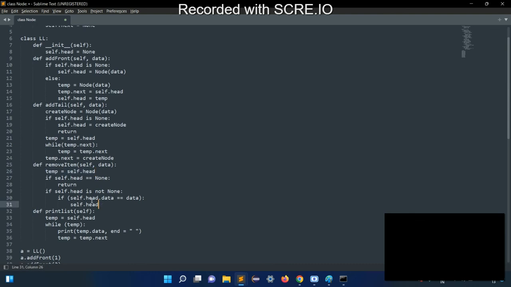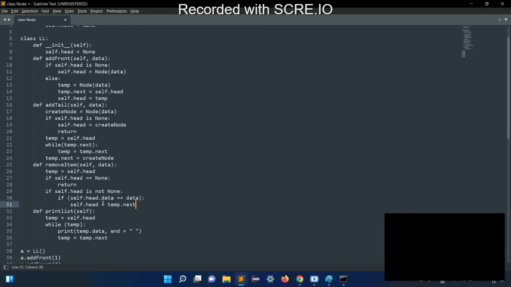Now self dot head should point to the next element. So we write self dot head equal to temp dot next, because temp is pointing to self dot head, that is the first element, and if the first element is the element to be deleted, which we are checking on line number 30, we will use self dot head equal to temp dot next. That means now head will point to the second element,